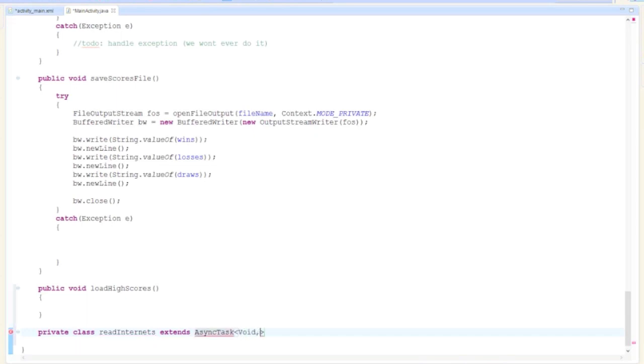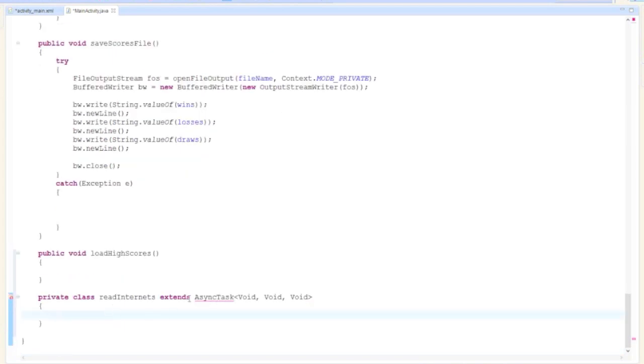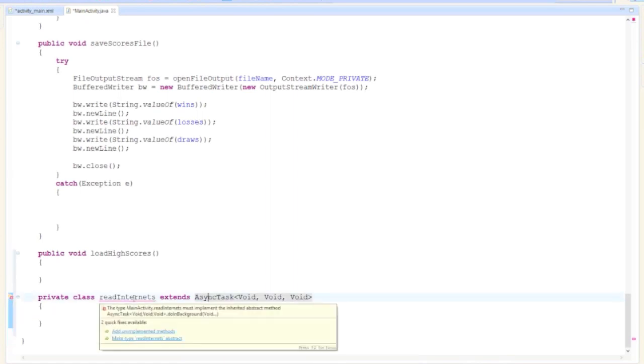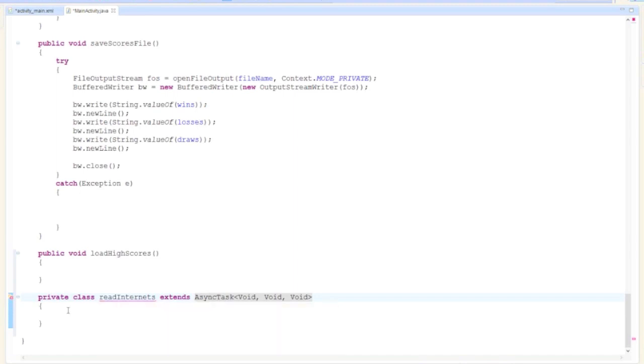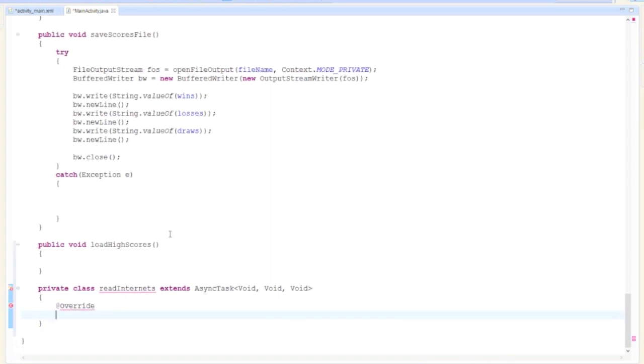Android has built in. So void. These are just some parameters we could have set, but we don't need them. You'll see that we get an error there, and we'll fix that by importing. So we've just imported that object, and then we see it must implement these inherited abstract methods. So what we want to do here is put in override, and this is where we're going to actually implement those methods. So protected, so it's only accessible here. Void,